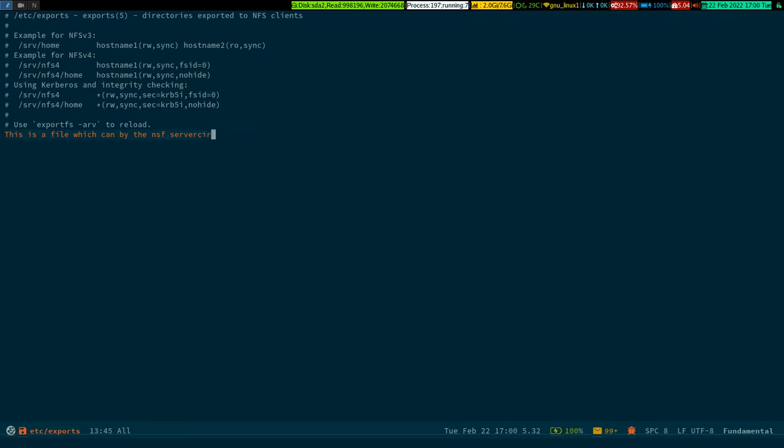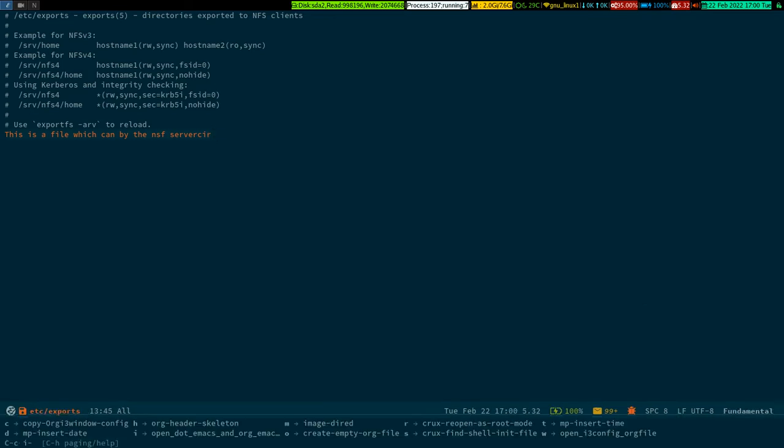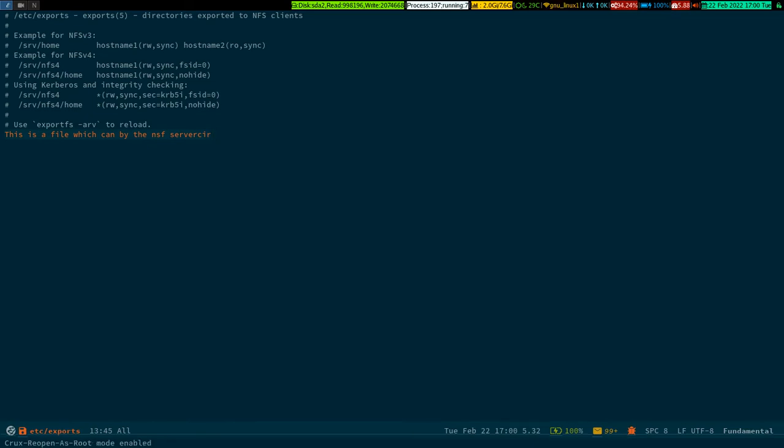Now if I try to save the file, see, look at the bottom of the screen. It is saying CRUX reopen as root mode enabled. That means now I have got super user privilege. That means I have been granted the right to fiddle with the file in real time. So now I have typed some text in it, right? Now if I try to save the file,